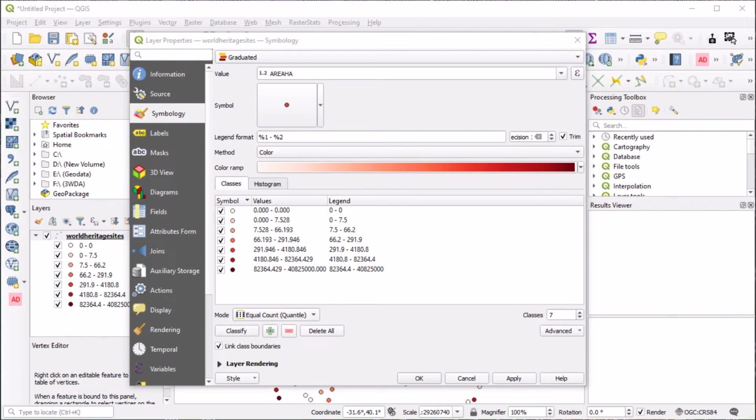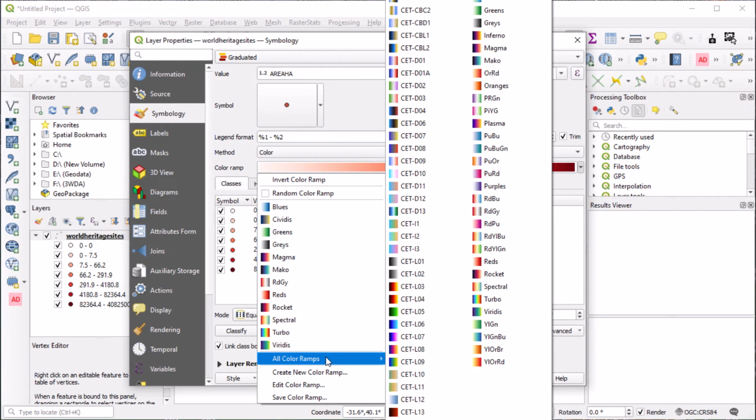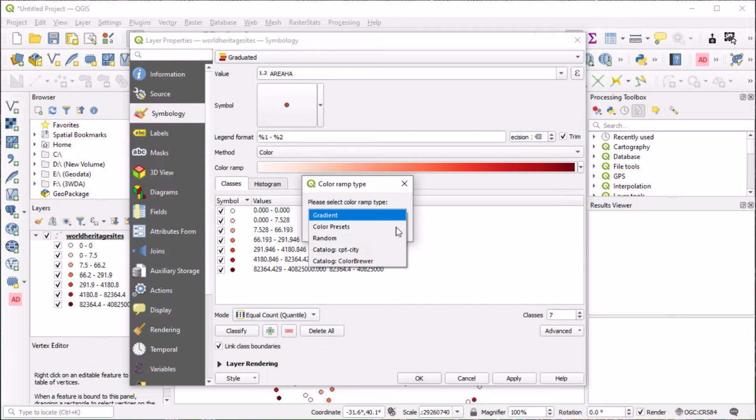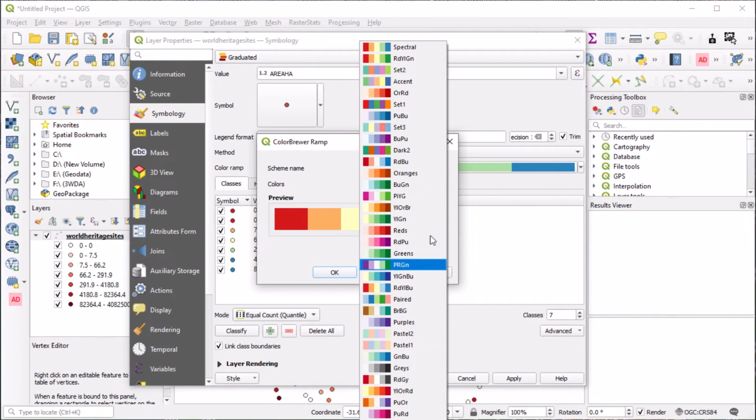The right color scheme can help the user to read the map intuitively and easily. The map colors should not be only visually appealing but need to communicate geodata in an effective way. Despite 12 color ramps that show up when you open a drop-down menu, a larger collection of color ramps is available under All Color Ramps. You can even create a new color ramp. ColorBrewer color ramps are the go-to color schemes that are even safe for color vision impaired individuals, that is 8% of men and 0.5% of women.